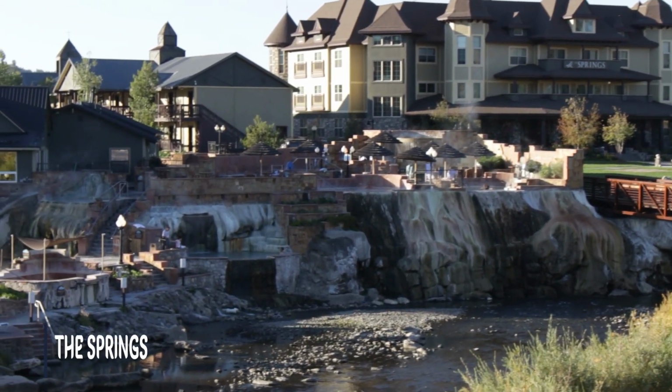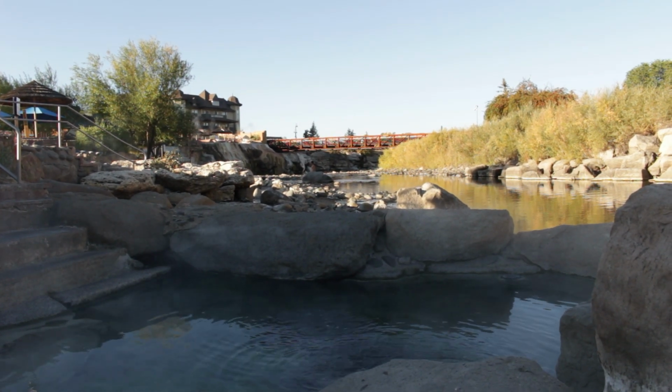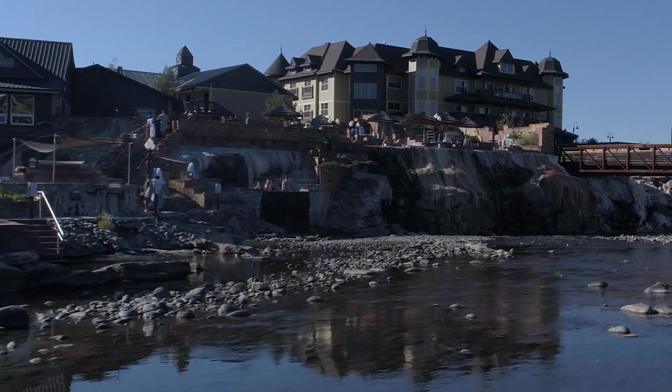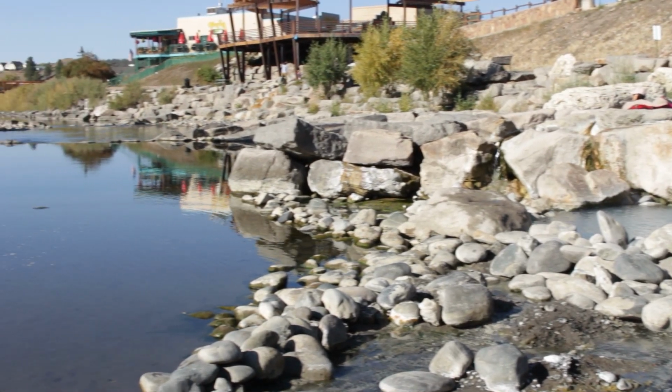First up, we have the hot springs, the Springs Resort, sitting right in the middle of town. In the resort, you can choose from many different pools of various degrees, sitting above the San Juan River. This resort is spendy. You're going to spend at least over $60 just to get in, but you can also sit in the free hippie dip right across the river. These springs sit right on the edge of the river and are free and open to the public,